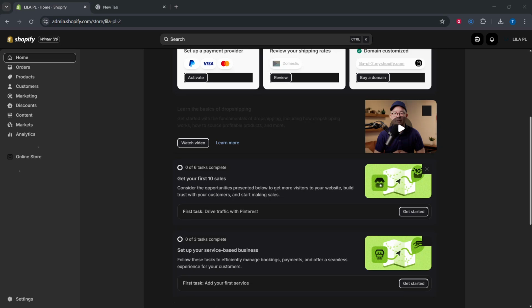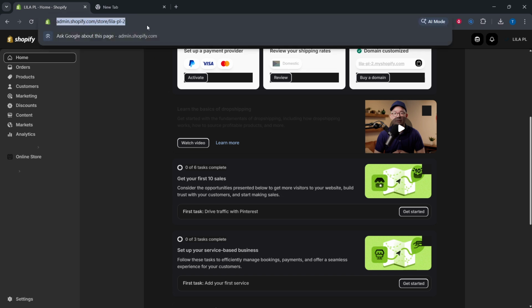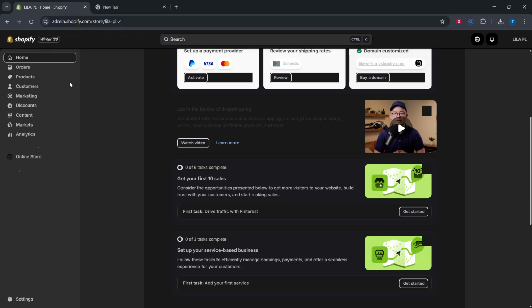In today's video, I'm going to teach you how to bulk add product tags in Shopify on desktop. If you're looking to organize your catalog, improve search, or power automated collections, tags are a quick, flexible way to label products. Today's method is perfect when you need to add different tags to different products at the same time,